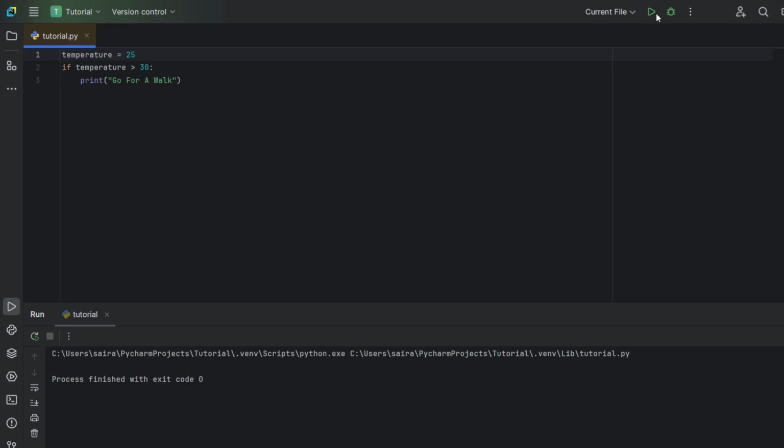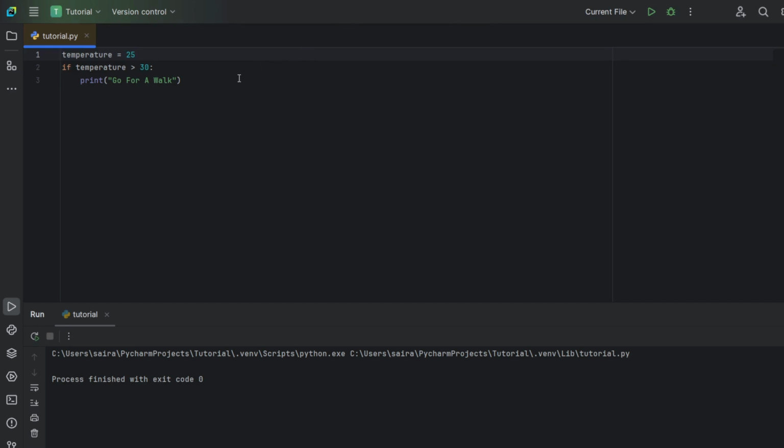Now let's take another example. If the temperature is higher than 30, we will go for a walk. Then we will have lunch. In this example, going for a walk is dependent on a condition, but having lunch is not a conditional activity and does not depend on the weather. So how can you make a code like that?